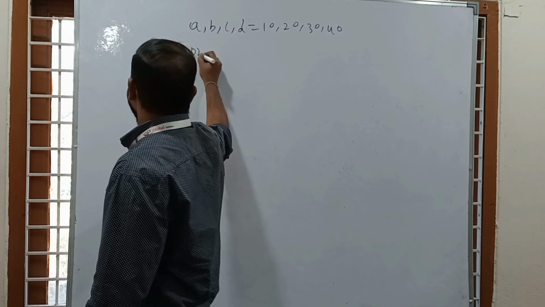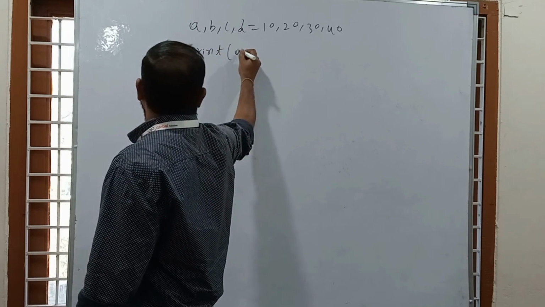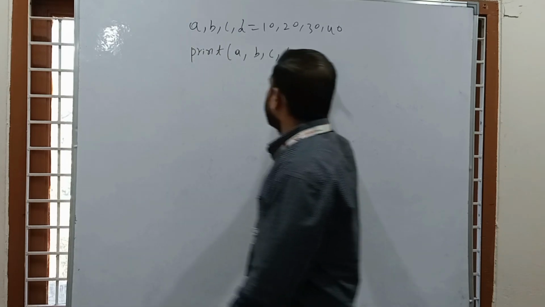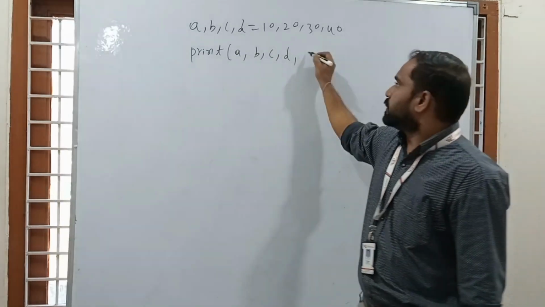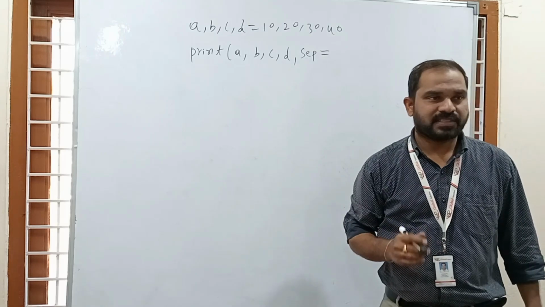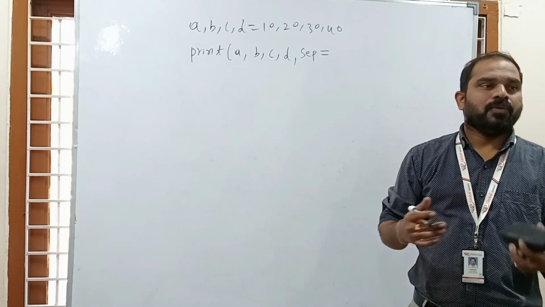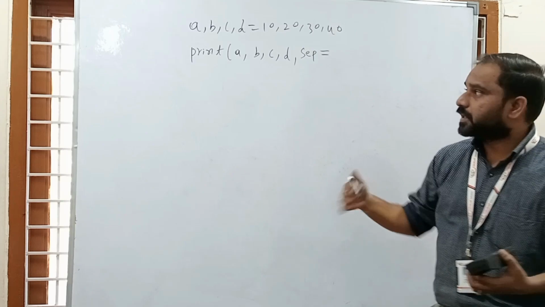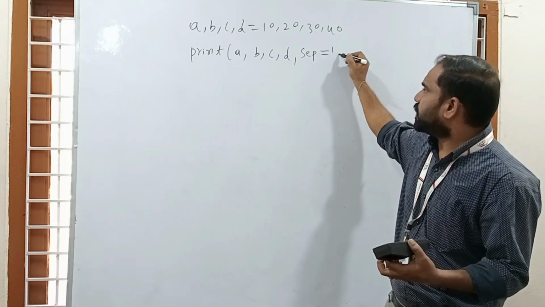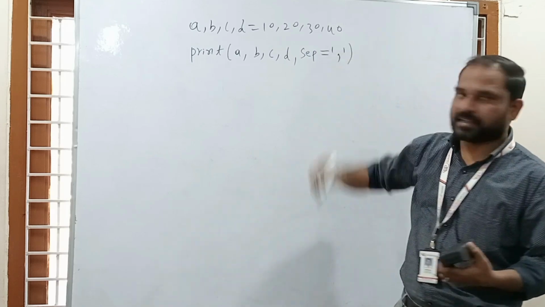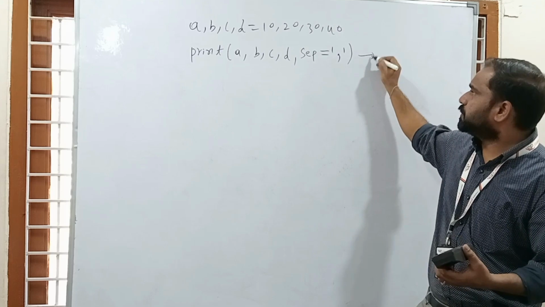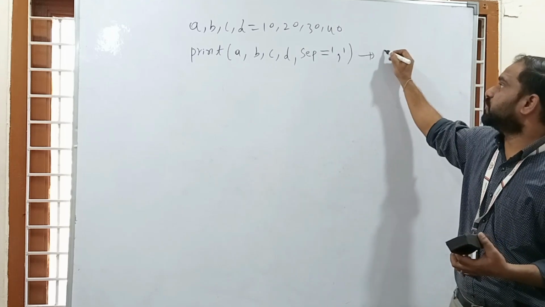Now print A comma B comma C comma D. Here we provide sep equal to, sep means separator. So what should be the separator in between two values? Okay. So sep equal to, you need to specify comma like this. If you specify the separator as a comma, then if you execute this statement, the output now it will be